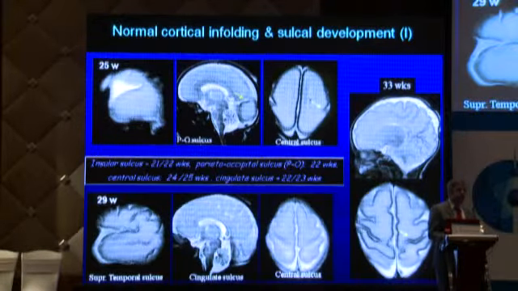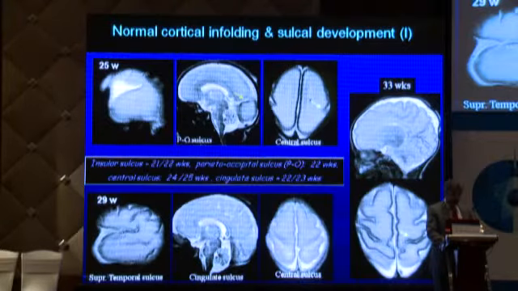Then there's also a pattern of how the brain matures and sulcation develops. At 25 weeks, the one thing that you see almost always is the central sulcus. The other thing that you should always look for is the insular sulcus, this one. Because if you don't have the insular sulcus at 20 weeks and beyond, you can very safely say that this is a form of lissencephaly or pachygyria, because that is the first sulcus to develop, the insular sulcus. And at 24, 25 weeks, you'll start seeing the central sulcus and the parieto-occipital sulcus.